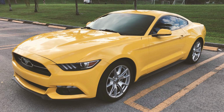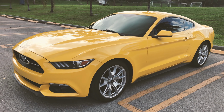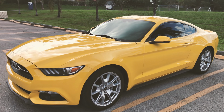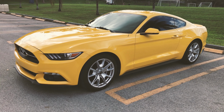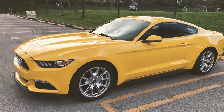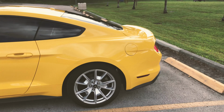If you are looking for the 50-year anniversary package, your only option is probably the online used car market. Now, we actually bought this one used after my wife's lease ended. She had a 2015 Mustang EcoBoost, just a base version without any additional features, and when she returned the base version, we looked for a used one and came upon this 50-year appearance package with the EcoBoost Premium Edition,